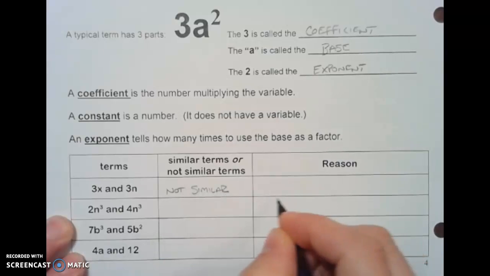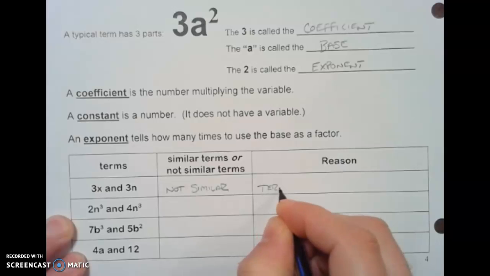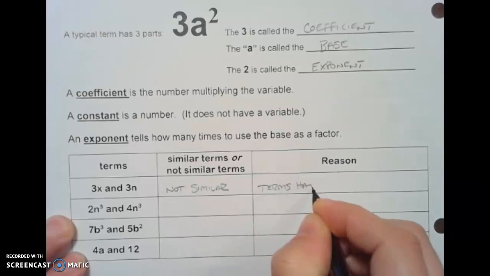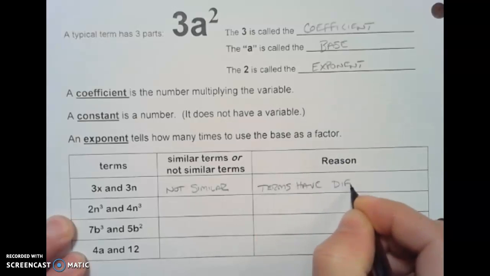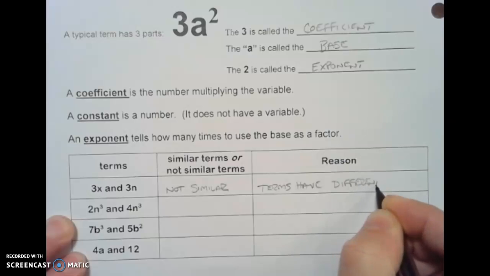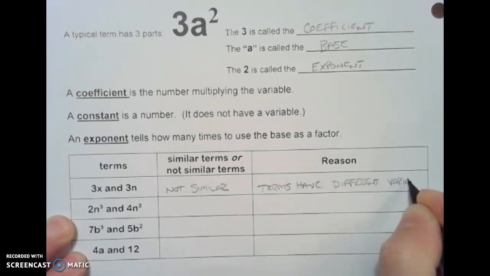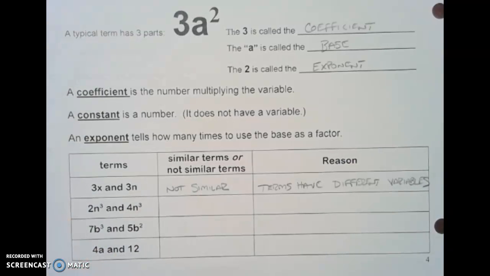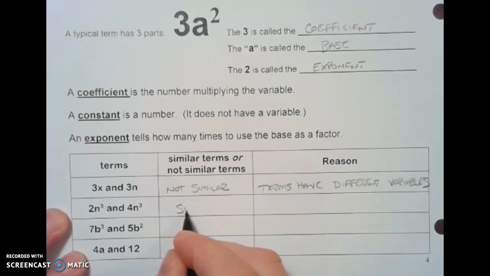And the reason why is because the terms have different variables. Notice that the coefficients are the same. They both had a coefficient of 3, but it's not the coefficient that makes them similar. Okay, and the next one, 2n to the third power and 4n to the third power, these would be similar